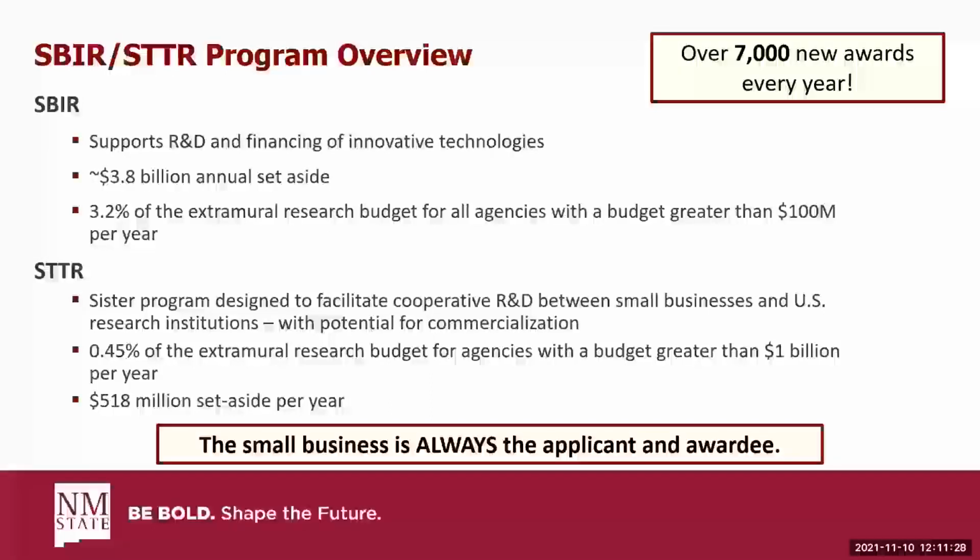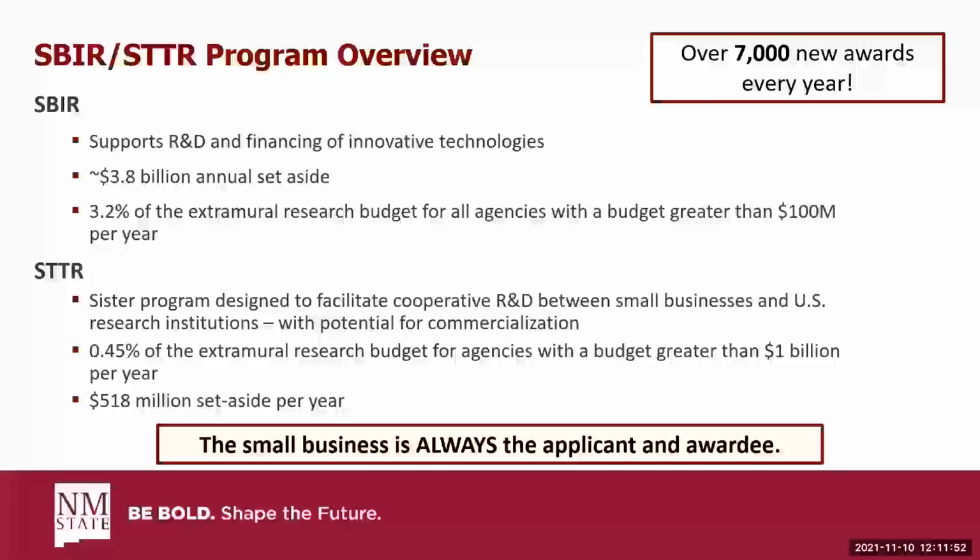Again, SBIR and STTR are often considered sister programs. They both support R&D and financing of innovative technologies. For SBIR, it's about a $3.8 billion annual set aside, and this comes from 3.2% of the extramural research budget for all agencies with a budget greater than $100 million